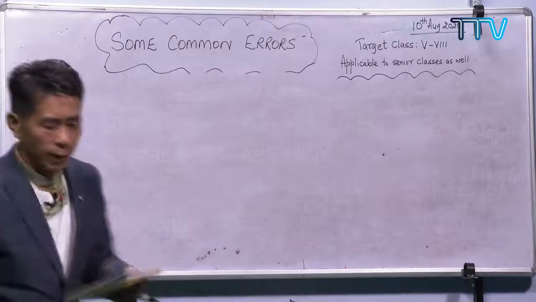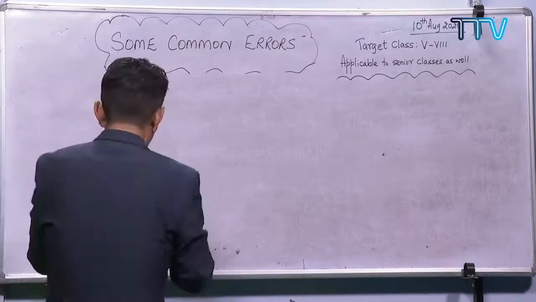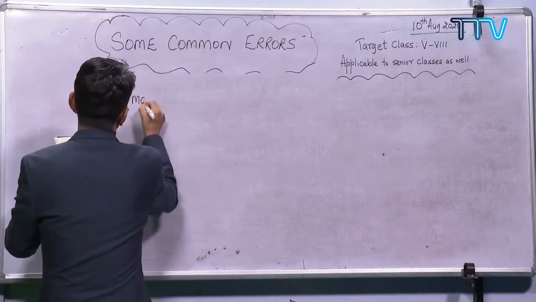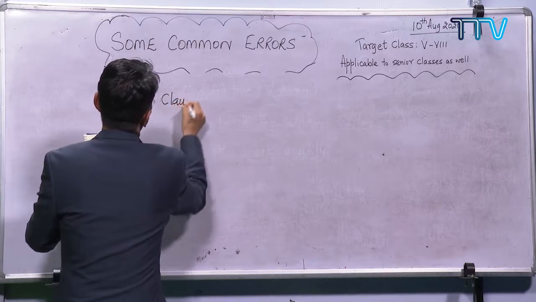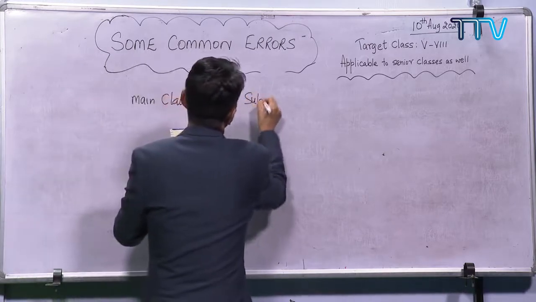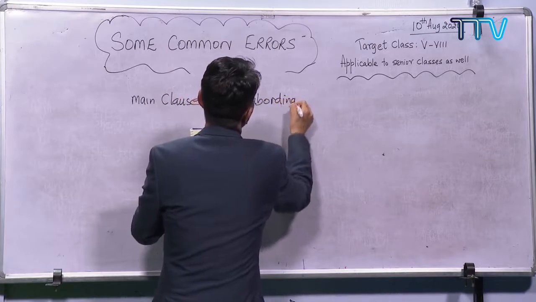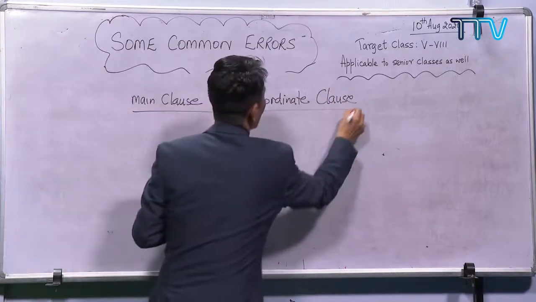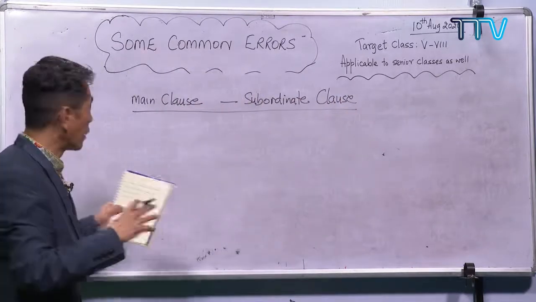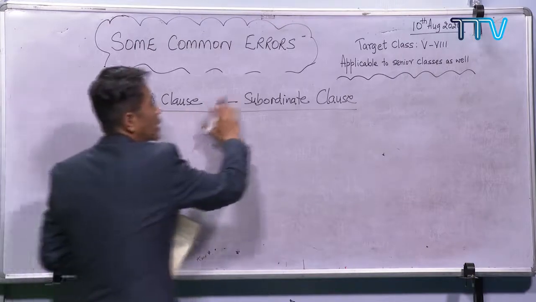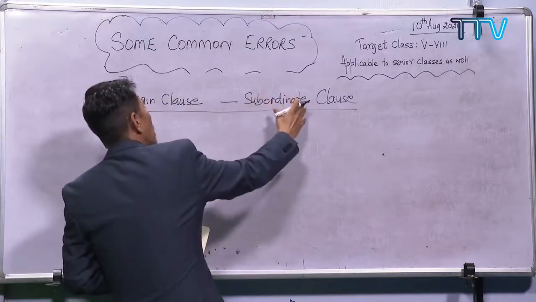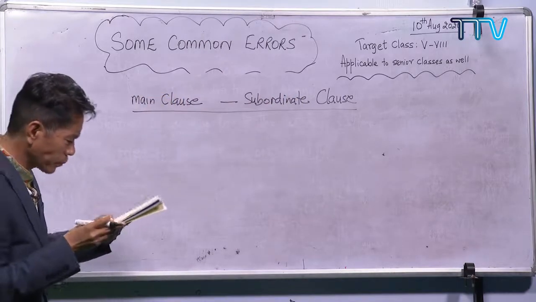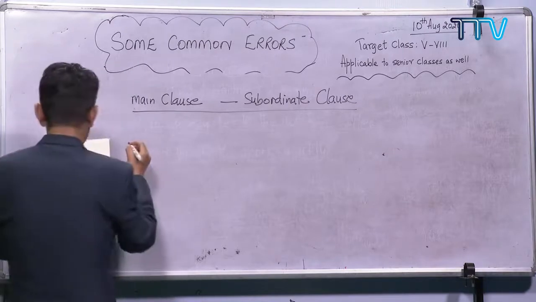I'm sure I'm not going very fast. And then we have the main clause and subordinate clause. So you all are familiar with clauses. In one sentence, if there are two clauses, one is the main clause and the other one is the subordinate clause. The subordinate clause depends upon the main clause. So for example,